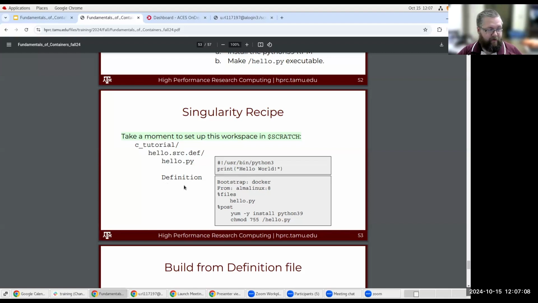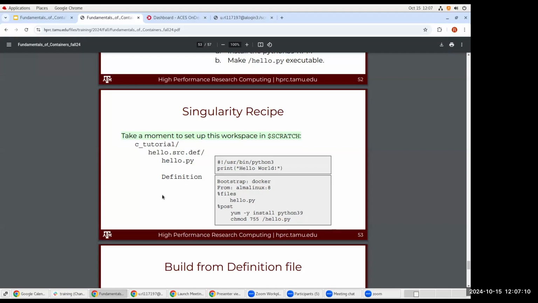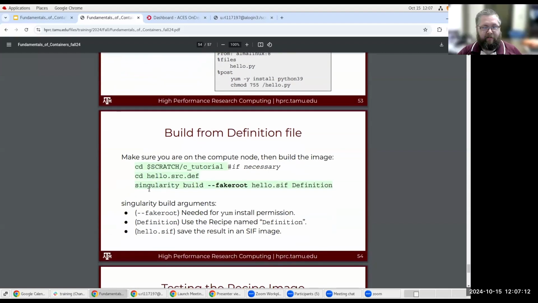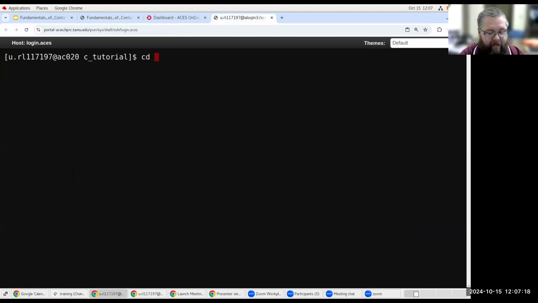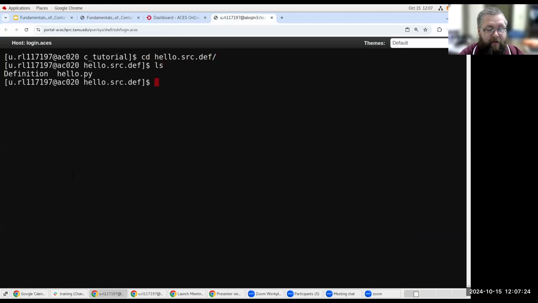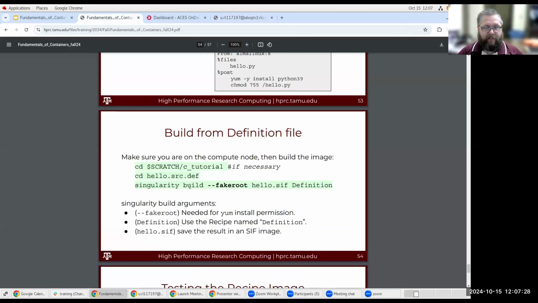So your files are ready? Yes. Then let's execute the build command. So on our command line, we need to navigate into the hello source with the definition file. And then we need to execute Singularity build. And for Singularity build, we're using the fake root option